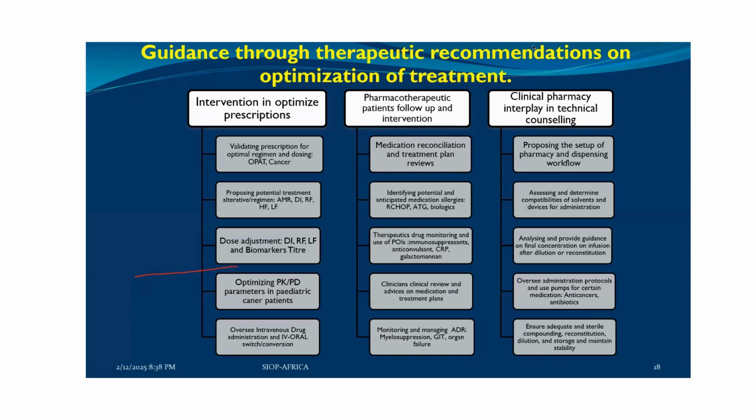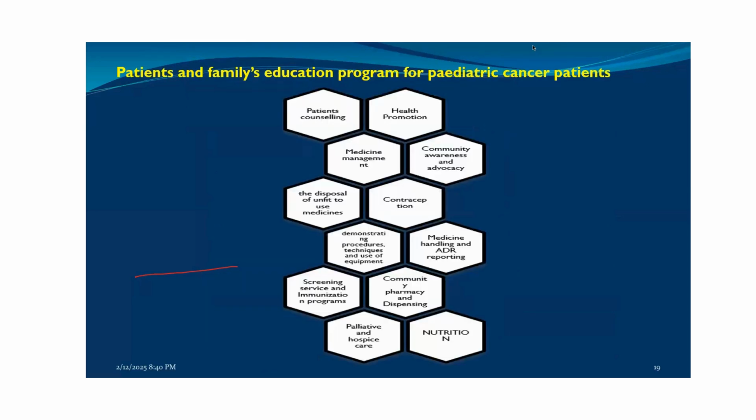Ensure adequate and sterile compounding, reconstitution, dilution, storage, and maintaining the quality of the drug. The patient and family educational program for pediatric cancer patients, we have spoken about this one. We know that clinical pharmacy services in pediatric oncology have a great role in patient counseling, health promotion, medicine management, community awareness and advocacy, the disposal of unfit-to-use medicines, and sometimes providing education on how to keep medications, contraception, and demonstrating the procedures, techniques in the use of equipment, medicine handling and adverse drug reporting,